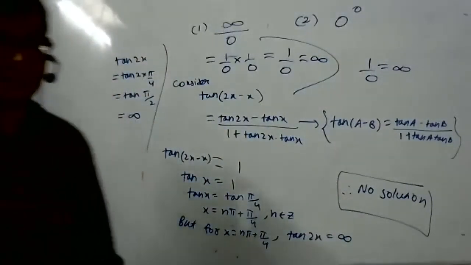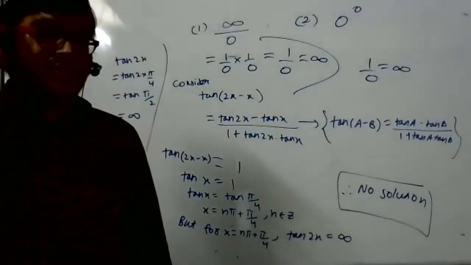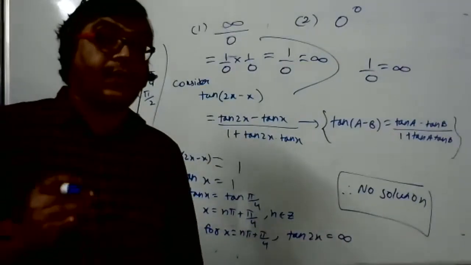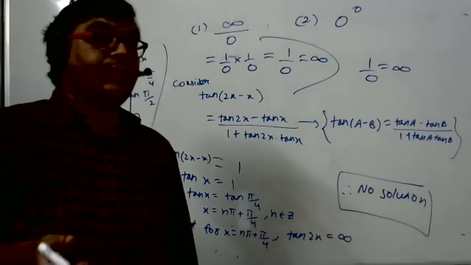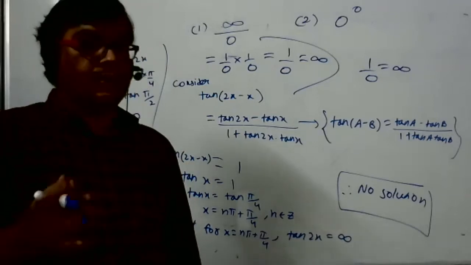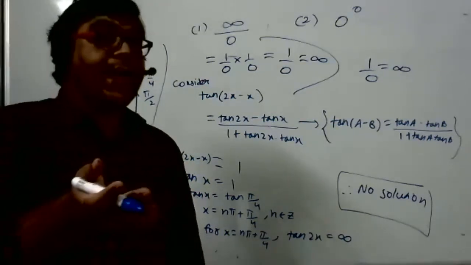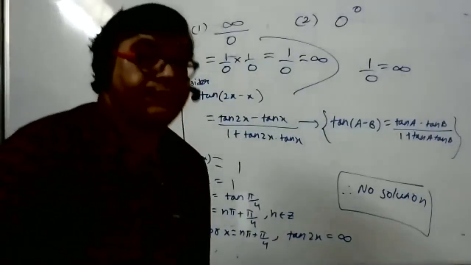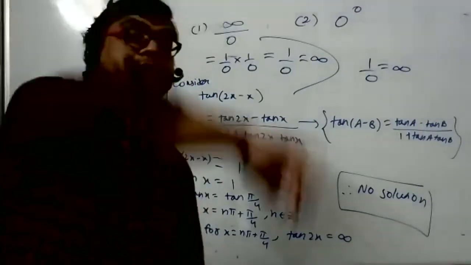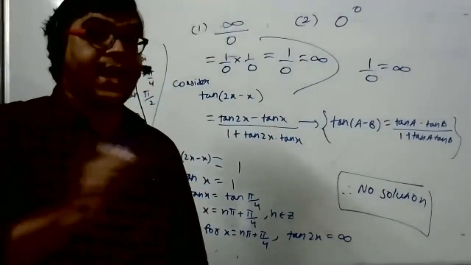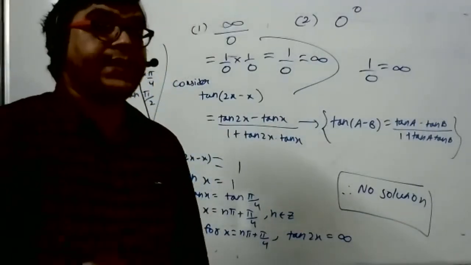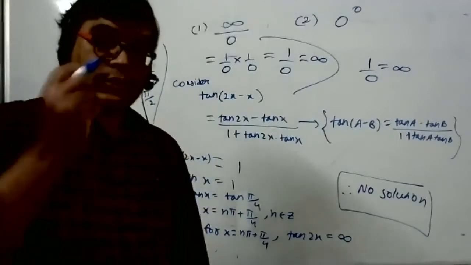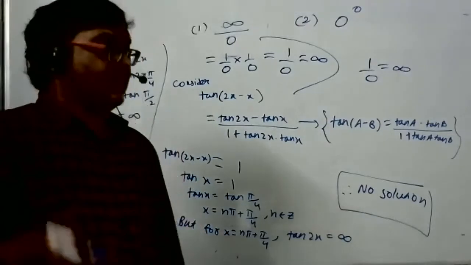So why will 0 to the power 0 not be 1? Because if we consider 0 factorial, that's 1, right? Sir, that is also no answer. We have assumed that 0 factorial is 1. That is an assumption, like in physics you assume that magnetic lines of force start from the North Pole and go into the South Pole. Nobody knows from where it starts, where it goes. It is an assumption. That's why we have also assumed 0 factorial is 1.